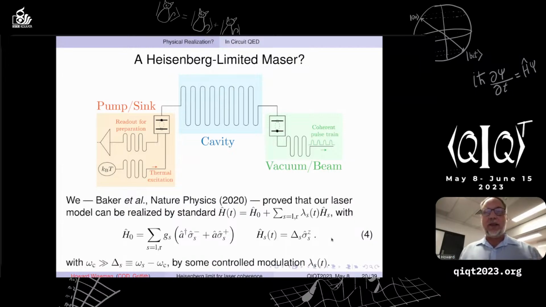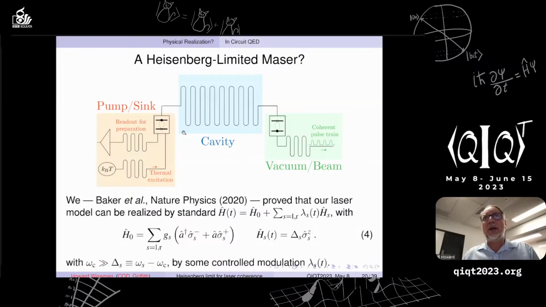Okay, so one might say then it's actually a Heisenberg limited maser rather than laser, and I gather this was talked about quite a lot in the last talk. With circuit QED, we're talking about microwave frequency electromagnetism. And again, I won't go through the details, but we just showed that with a standard coupling Hamiltonian, a Jaynes-Cummings Hamiltonian between an on-chip microwave cavity and some qubits produced by, well, whichever way you want to produce qubits in a superconducting system,